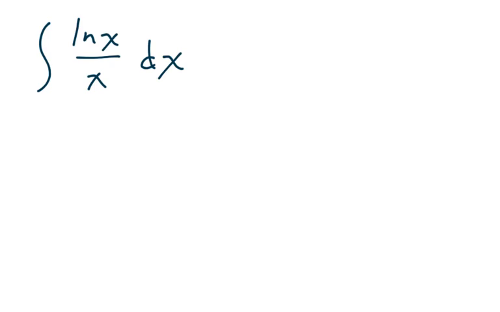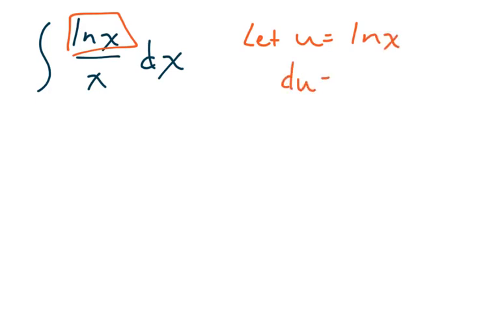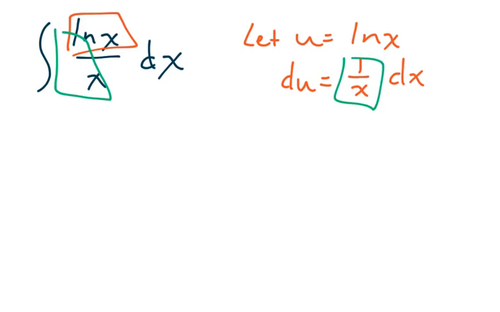ln of x over x is actually an interesting integral. You may remember that we did it a few sections ago with the substitution method. That is, if you carefully let u equal the ln of x. Now, the reason you would do this is because you know that the derivative of the ln of x is 1 over x. Of course, 1 over x has a lot to do with the rest of the problem. So these two parts here are going to cancel, leaving us really with